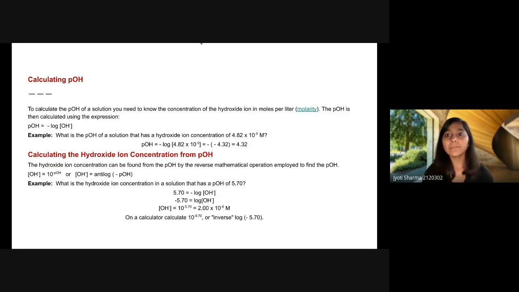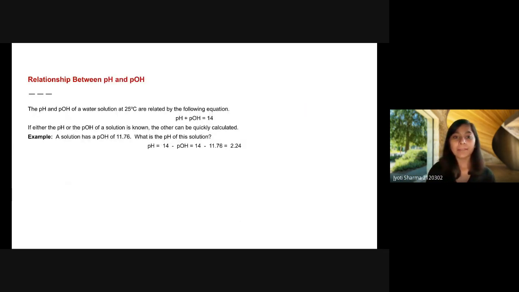And we also have the concept of pOH, and this pOH is again minus log of OH minus concentration. If you reverse that, you can know the concentration of OH minus. And this is important: the sum of pH and pOH is equal to 14. So if pOH is given and you know that the summation of these two is 14, then you can easily calculate pH. And now coming to the question,